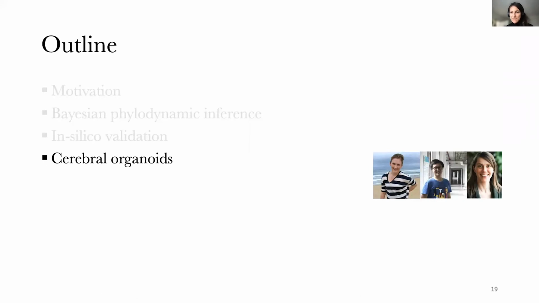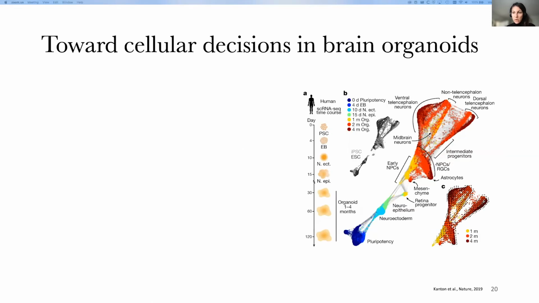Now, in the final part, I'd like to show you our initial steps to bring this theoretical framework into the application. And we do this in collaboration with Barbara Treutlein's group, with Ashley and Susan. The experimental question we are studying here is neuron generation in brain organoids. This picture is taken from a study from Camp et al. in Nature 2019. And we can see here that cells always start in a pluripotent state, and then they transition through a neuroectoderm, neuroepithelial stage, over a neuroprogenitor stage into the finally differentiated neuron stage.